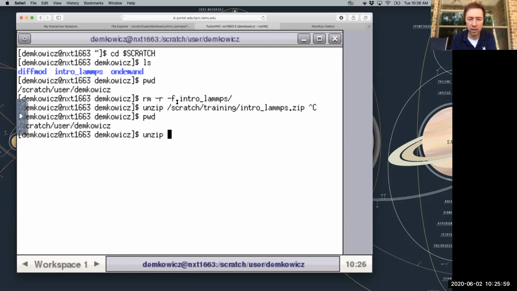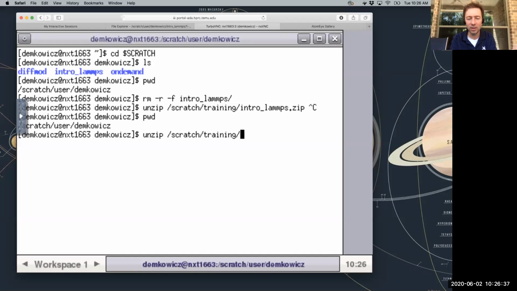Okay, and now I have two options. I can either type out manually /scratch/training/intro_lamps, etc. But I can alternatively just start typing it and press tab, and you see that it auto-completes because there's nothing in the directory structure that begins with SC that is not scratch. So the tab auto-completes to whatever is the unique thing. And if it happens not to be unique, then it will only auto-complete to the point that it can. Try it out. You'll learn how to use this really fast. It's one of the things that you pick up very quickly when you start doing command line.